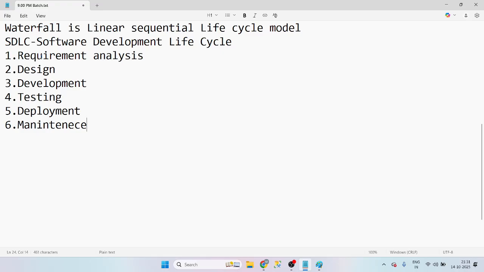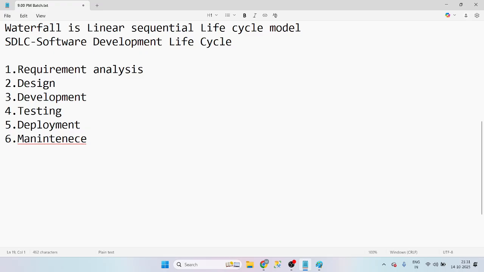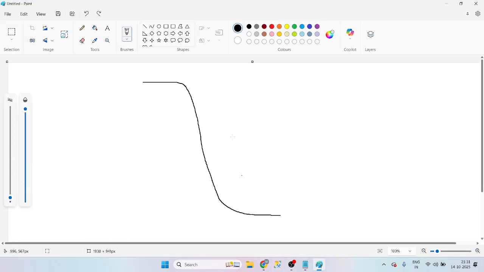We are going to call these six as phases. Okay. Let me write it here. Six phases. Okay. In SDLC also we have the six phases. Okay. No problem in that. What are these six phases? How are we using these six phases? This is the main catch. By using these things only, we are developing the project.